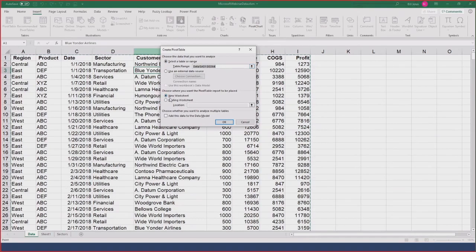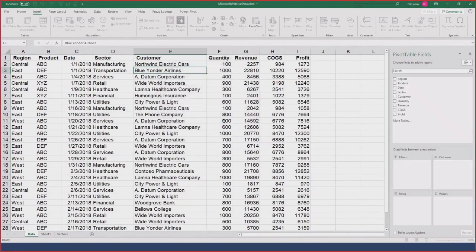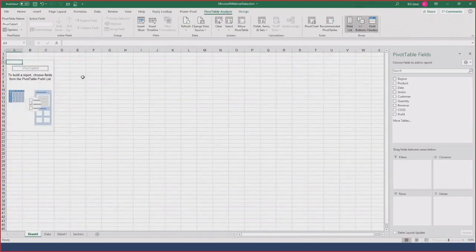And then it offers to go to a new worksheet. And I'll have to tell you, a lot of times, I'll create the pivot table right out here. I'll leave one blank column and put it in maybe K2 or something like that. But today, we'll let it go to a new worksheet. Click OK. And here we are, right? This big, intimidating blank report here.